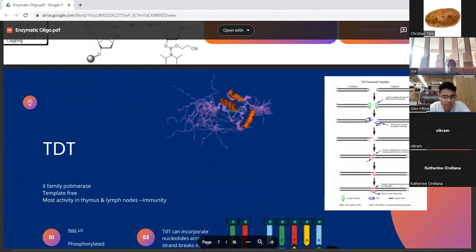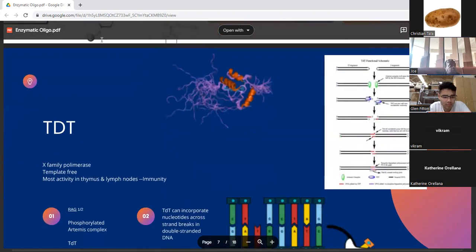So now we're going to talk about TDT. So TDT, this lovely little protein right over here, is part of the X family polymerases. It has template-free activity and is mostly found in the thymus and lymph nodes. So basically, what TDT does is in VDJ recombination for antibody production, you have the steps where